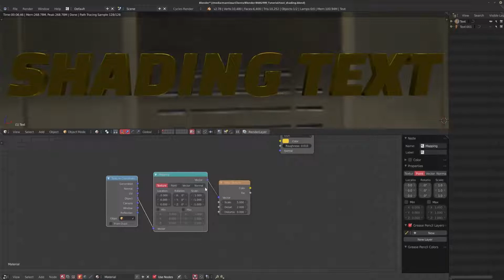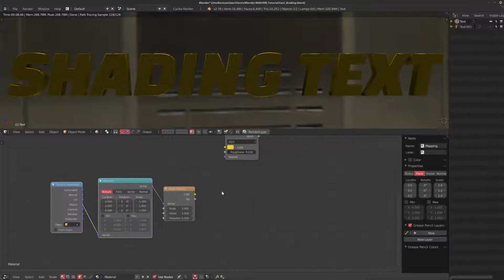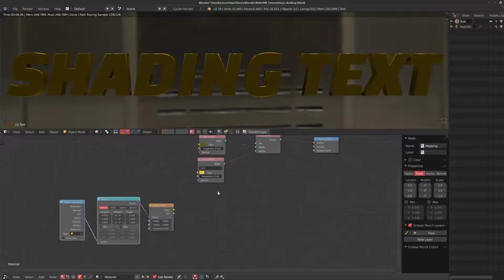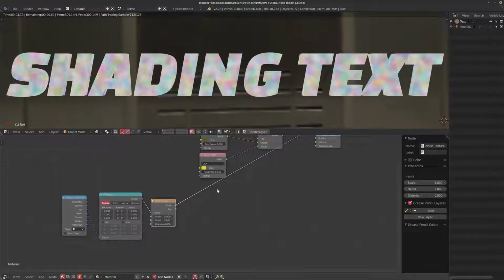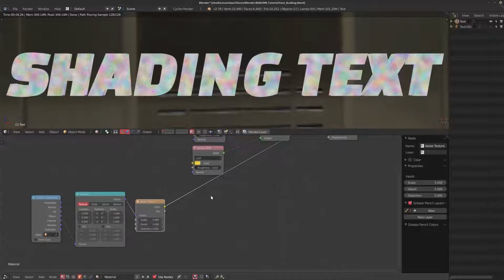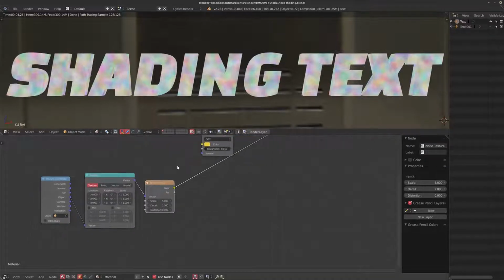And again, you can experiment with these. Obviously, they're just tools in your toolbox. So if you find the pointer, vector, or normal ones easier to work with when it comes to changing this stuff, then go for it. Obviously, nobody's stopping you. I'm going to Shift Control click this so I can preview it. Again, if you don't have the Node Wrangler add-on enabled in the user preferences, I really highly advise you to do so. So now we can actually see what this noise map is producing.